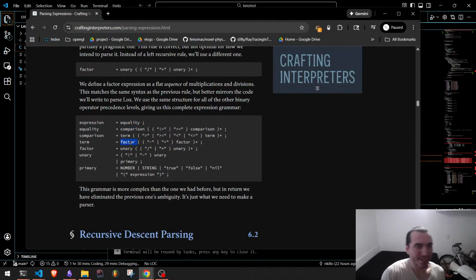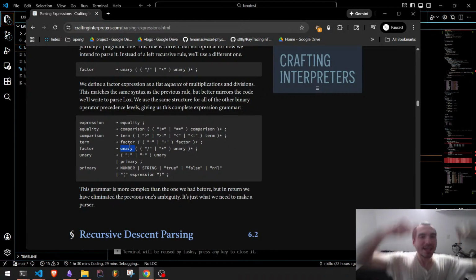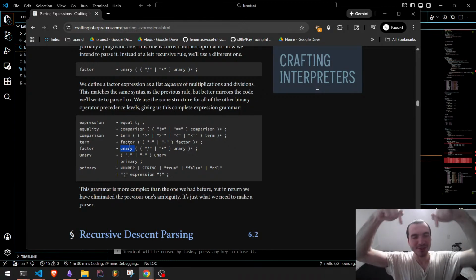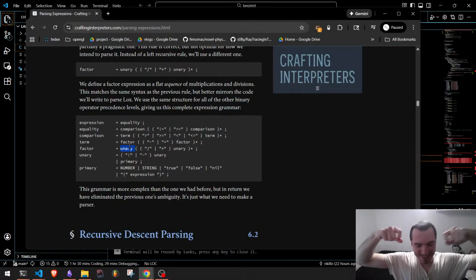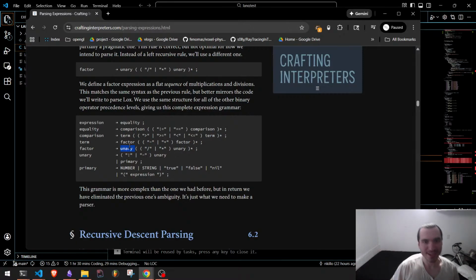And then it could be plus or minus, multiply or divide. It could be an inverting operation, a unary operation. And ultimately, as you go deeper down the tree, you're going to hit a primary, which is either a number or a string or true or false. It's going to be an absolute value that you can then bring back up that tree of rules to collapse